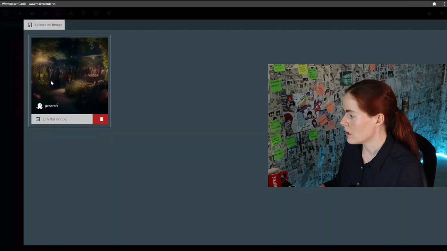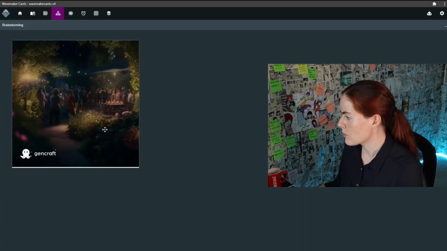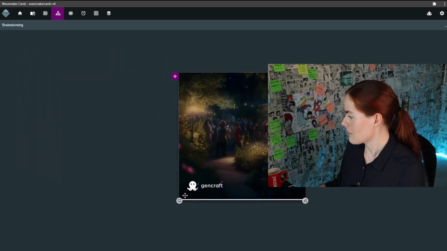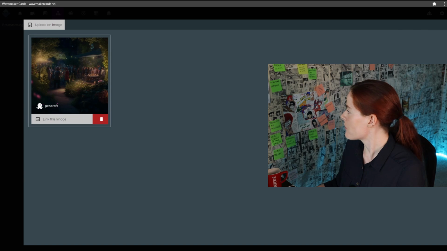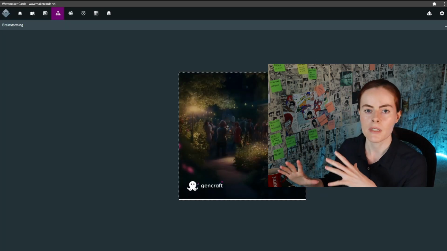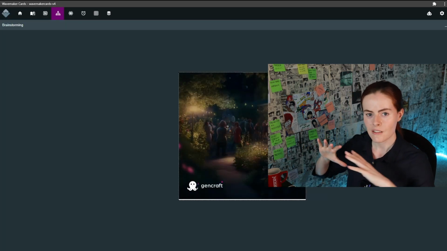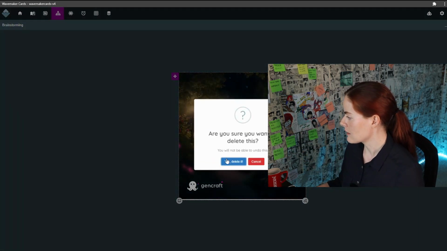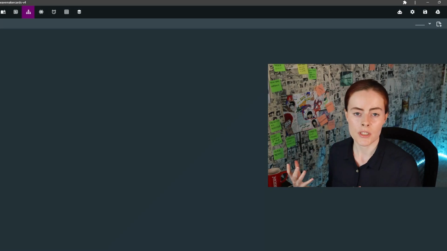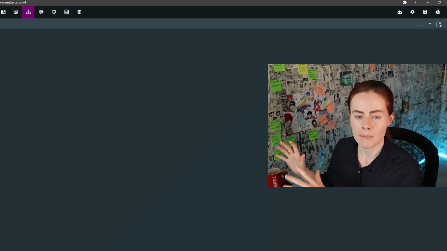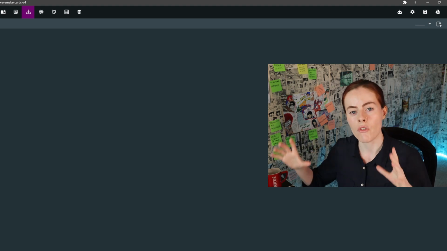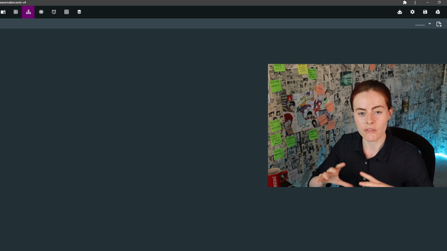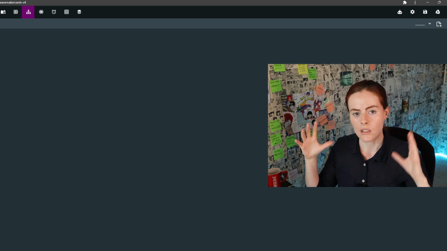So for example, here, see if we link this one again, it's basically the size that it appears in, and then I can move it around. But I would prefer it if it was smaller because I like to have like a more distanced view so that I have more of an overview. So that's why I like the text version better. But this also gives you an opportunity to basically use the mind mapping section rather as a sort of overview section to have like your images and move them around if you prefer more of a visual look at your